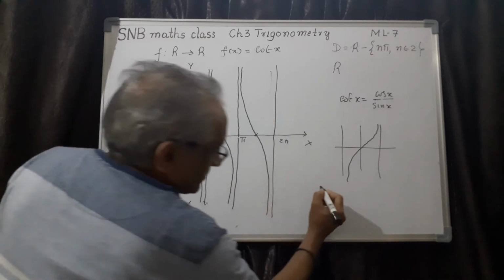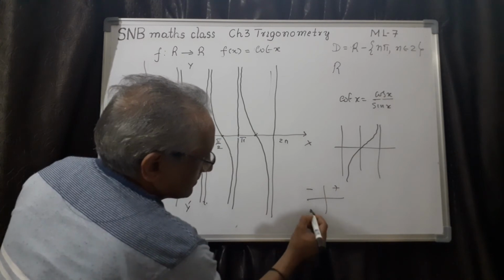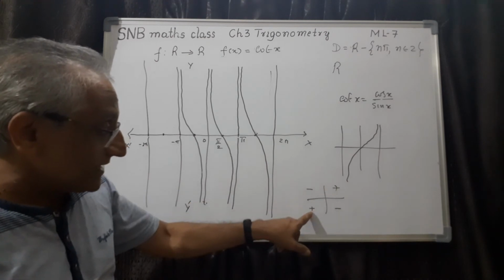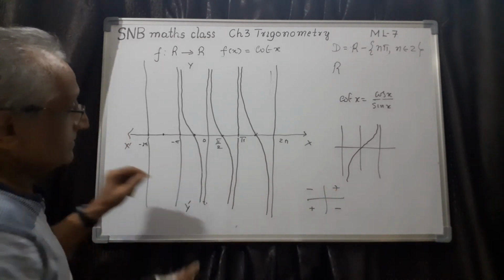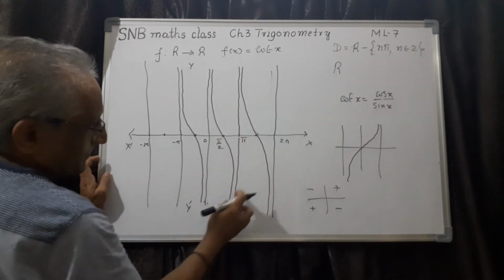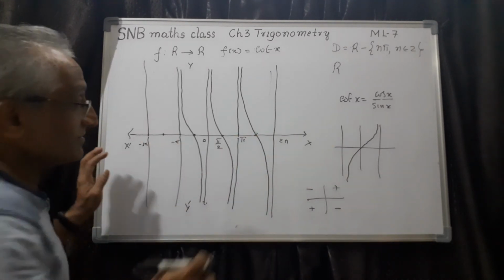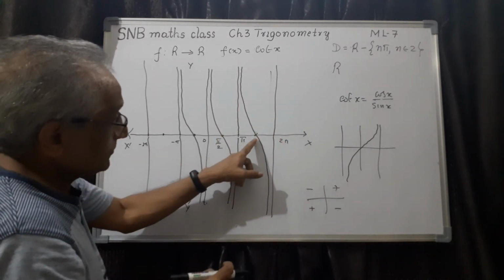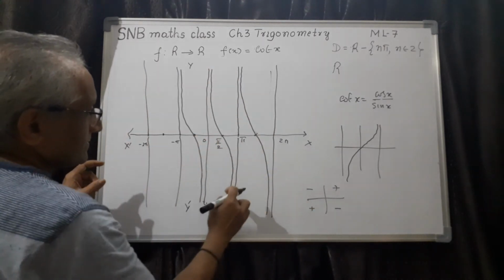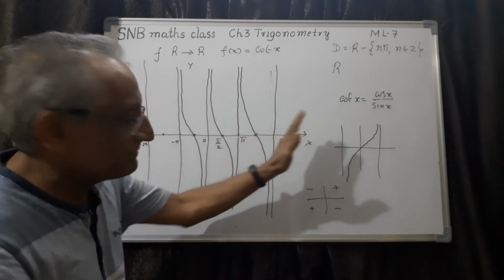And you can see, cot is positive here, and cot is negative here. Cot is positive here, and cot is negative, because it behaves the same as tan. In the first quadrant, 0 to pi by 2, it is positive. Then pi by 2 to pi, it is negative. Then once again you can check here. This is how I can cross-verify whether my graph is correct or not. Then from 3 pi by 2 to 2 pi, here it is negative. So each branch is from 0 to pi, pi to 2 pi, 2 pi to 3 pi. It keeps on repeating.